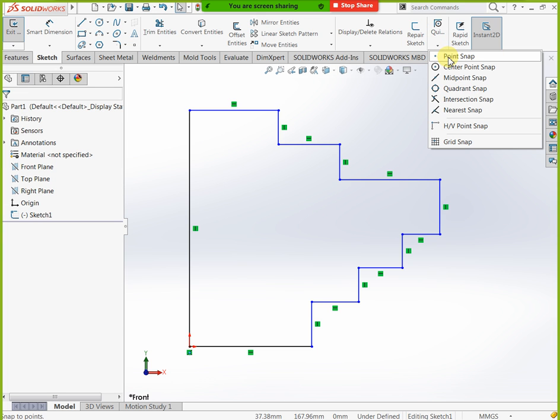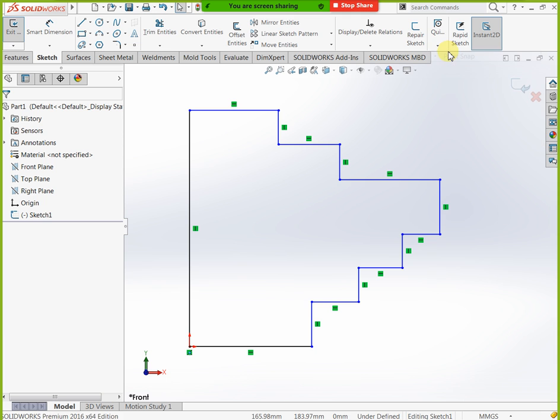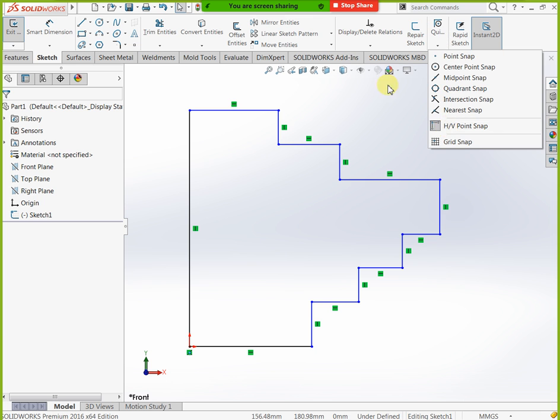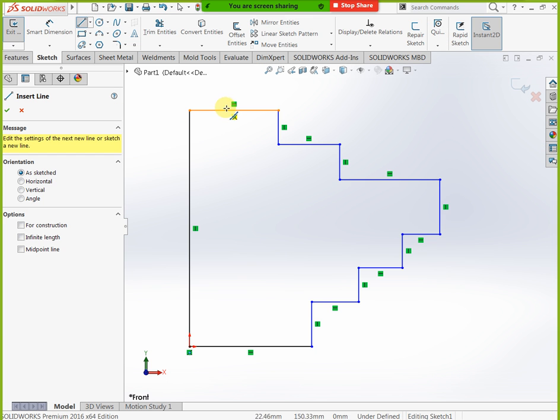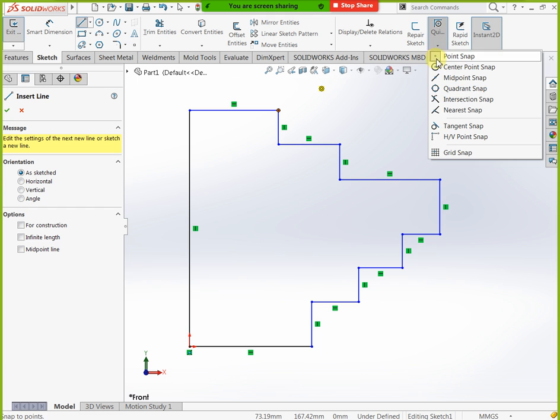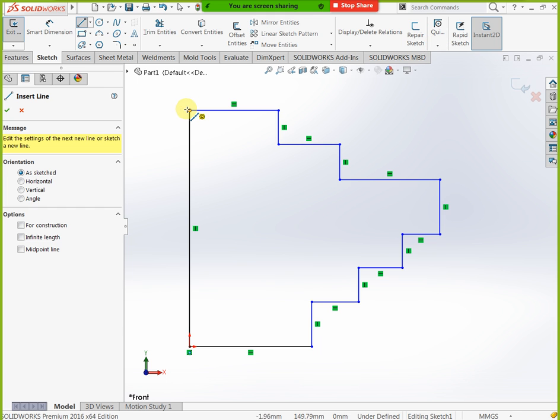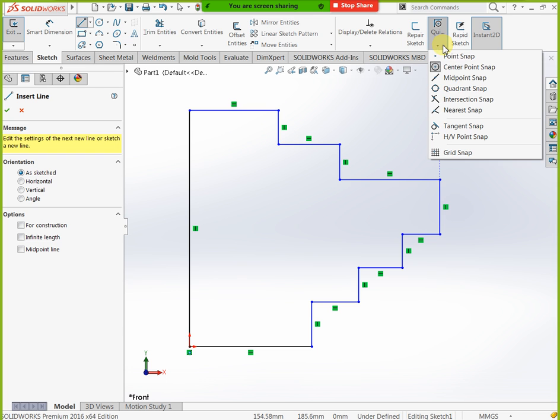Now you can take all, they are coming here, here, here, but you can select only point. In that condition what happened, only points indication. See, our midpoint is not indicating here. Why? We selected only point. If you need a center point, here we don't have any center points. This is one, and this one, this one. Midpoint also you will take as a center point, and midpoints only. Midpoint snap means you will get only midpoint, not a corner point. Just you can see. Okay, this type of highlighting, if you need that type of situation you can use that one. But H or V point snap means you will get all. Okay, this one.